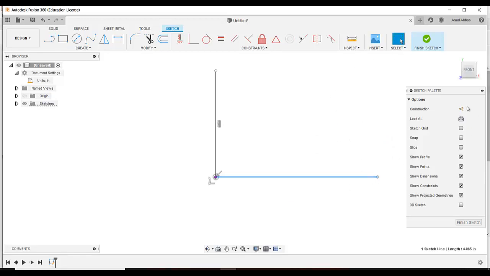Then I am going to make these two lines construction. These two lines I am just adding for my reference. These are not involved in this sketch. These are just construction lines, or we can call them reference lines. So first thing is that I am going to start my sketch